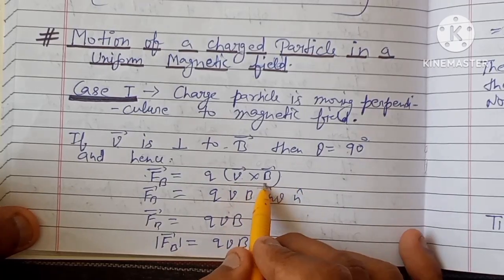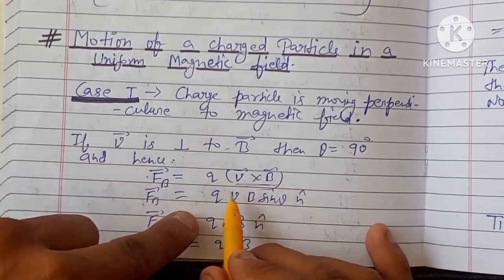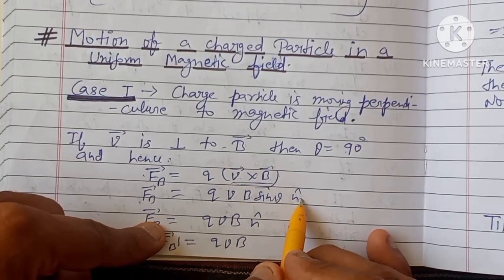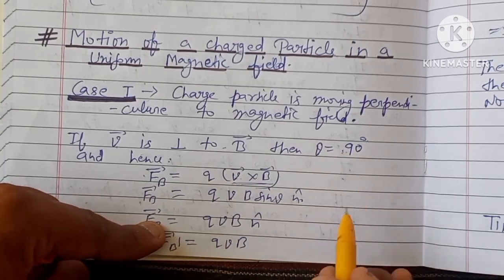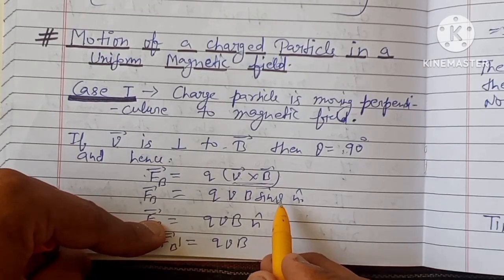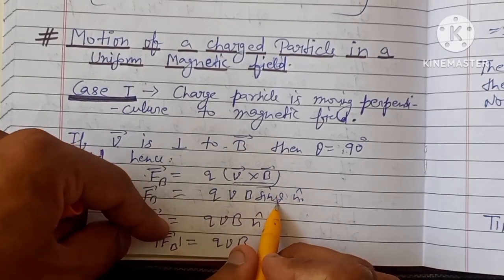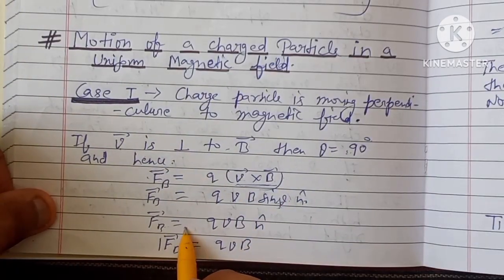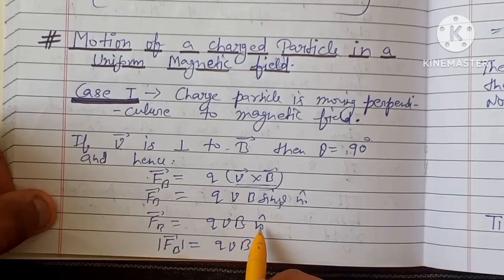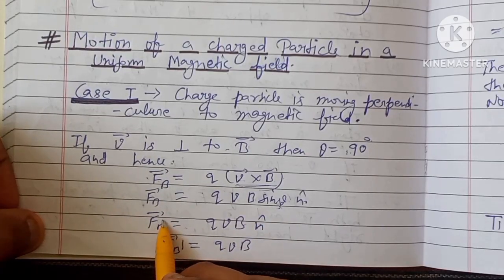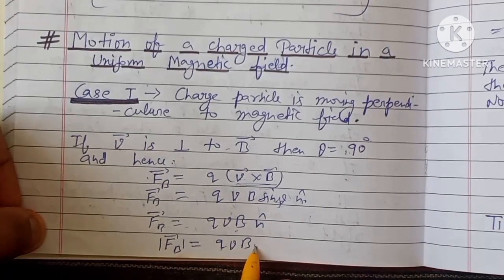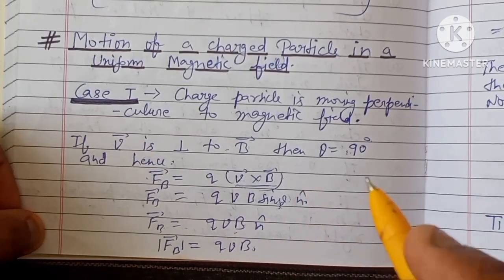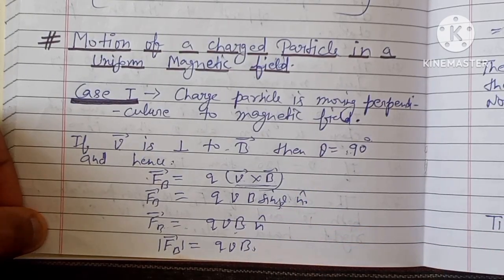So here if I open this cross product, then what will I get? I will get q v B sine theta n cap. And since theta is the angle between v and B, which is 90 degrees, if I put this value of theta here, I will get simply F = q v B n cap. Here n cap represents the direction of this force, and if I take the magnitude of this force, it comes out to be q v B. So this amount of force is exerted by the magnetic field on a charged particle when